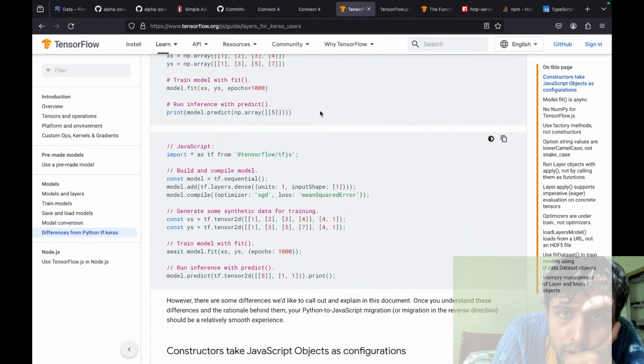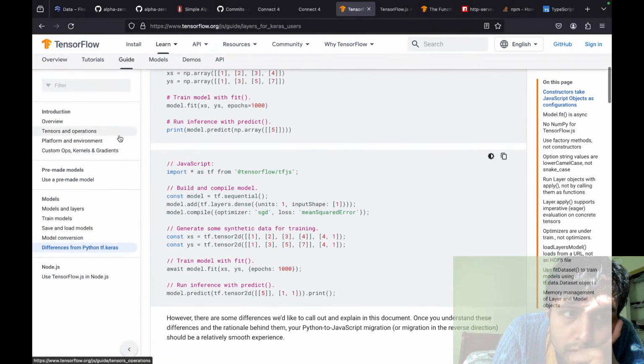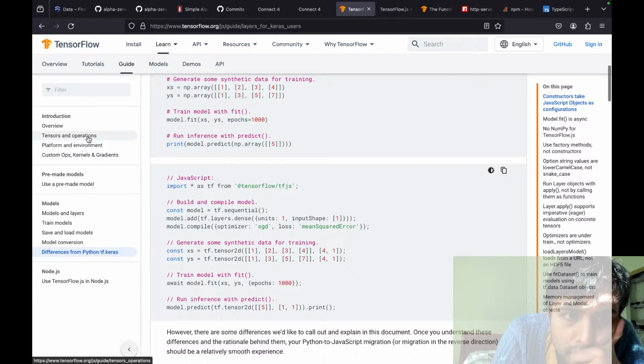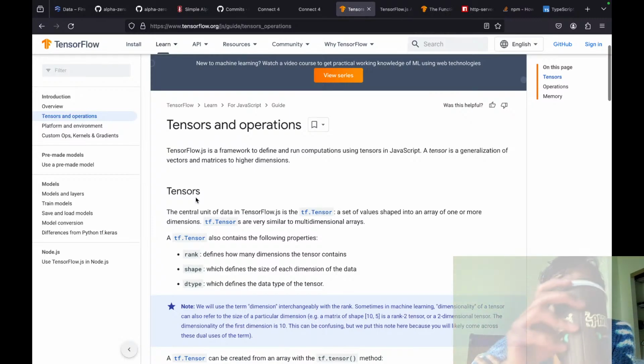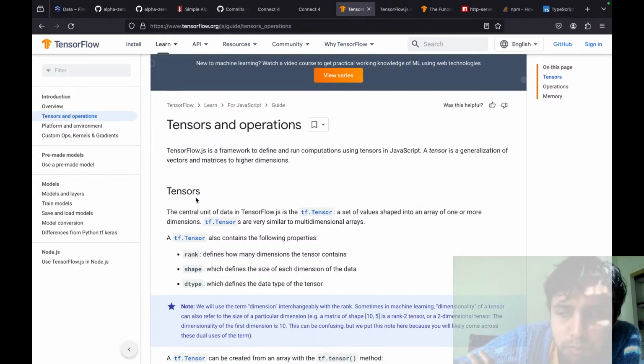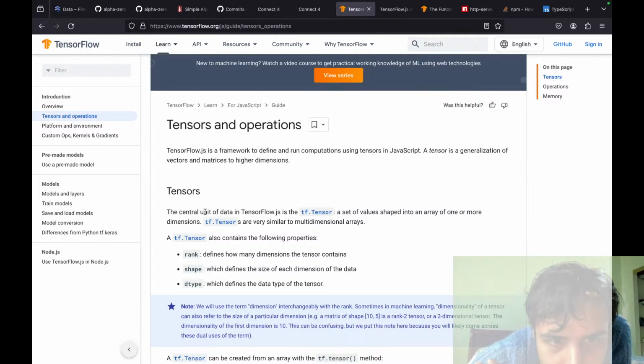Let me look at the documentation again. Tensors and operations. Okay. The central unit of data in TensorFlow.js is the tensor, a set of values shaped into an array of one or more dimensions.